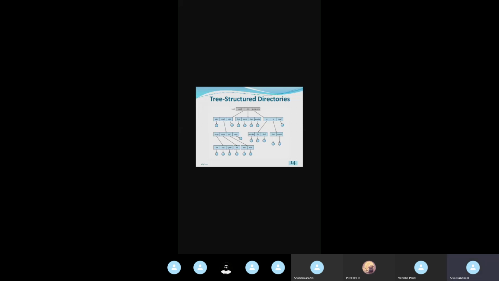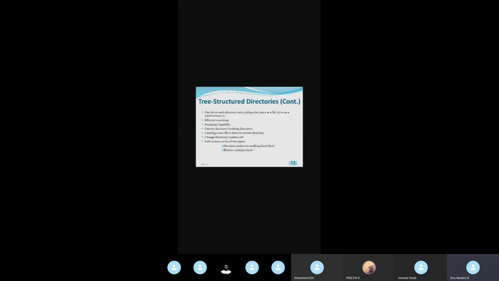In relative file name, for example, I'm accessing some other file under this mail. Under this mail directory, I'm accessing a file in some other directory. Then what I need to do is just mention the path name of that file from that mail directory. Because the size of that path name is reduced, it means it is a memory efficient one. So only we are going for this relative path and all.